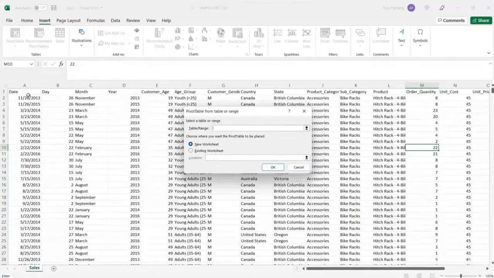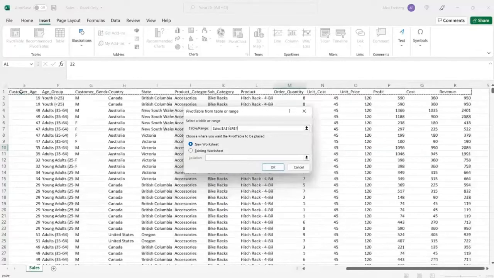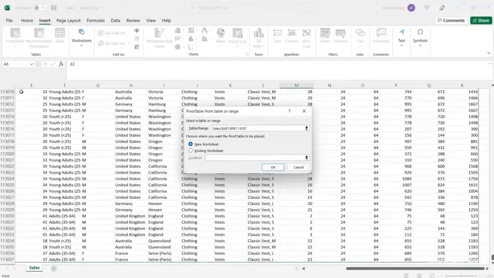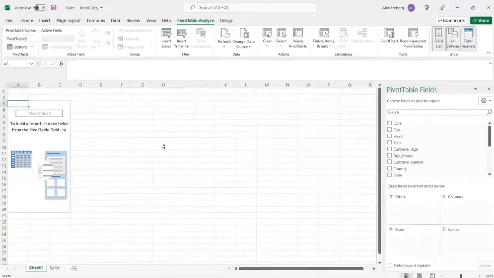If it doesn't come like that, you can click right here. You can click Control, Shift, and then the right arrow, and then the down arrow. And that is going to select all of our data. And you have right here a new worksheet or an existing worksheet. We're going to create a new worksheet. It just tends to get too clogged up if we put it on the same worksheet that already has a lot